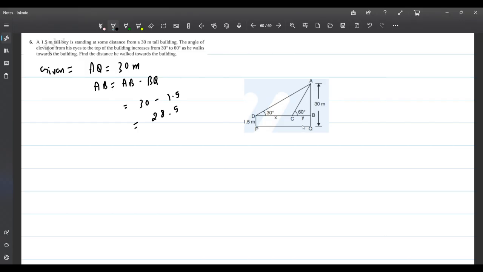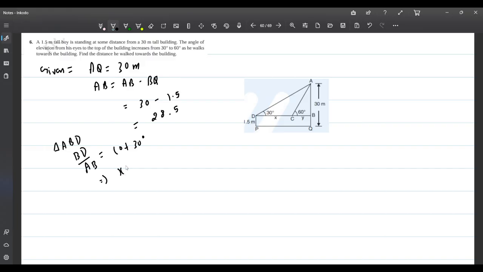28.5. Now wait a minute. So in a right triangle ABD, BD upon AB is equal to tan 30 degree. So this is equal to x plus y,